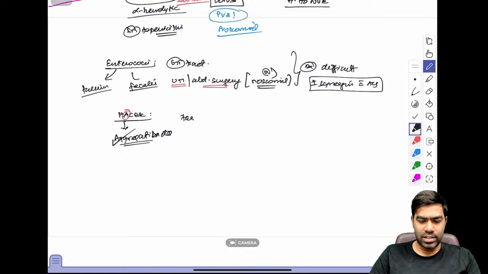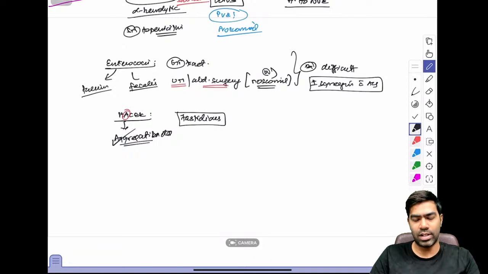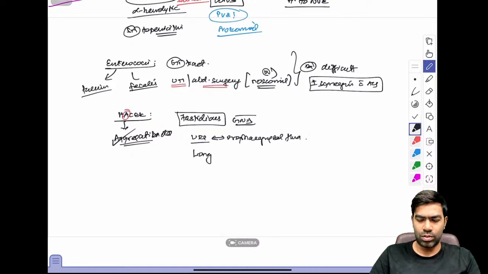As I told you, it's a very fastidious organism, which means it needs special growth requirements. It will not grow under ordinary culture media, so it needs a high degree of suspicion. And it's a gram-negative bacillus; all of these are gram-negative bacilli. Usually it happens after a URI. If the patient develops infective endocarditis after a URI, you can think about that, because it's a component of oropharyngeal flora. Usually it takes a longer incubation period for growth, typically more than or equal to 5 days in the blood cultures, which means